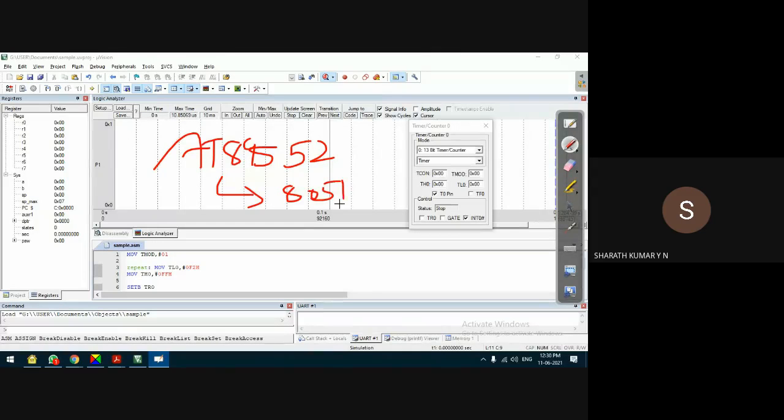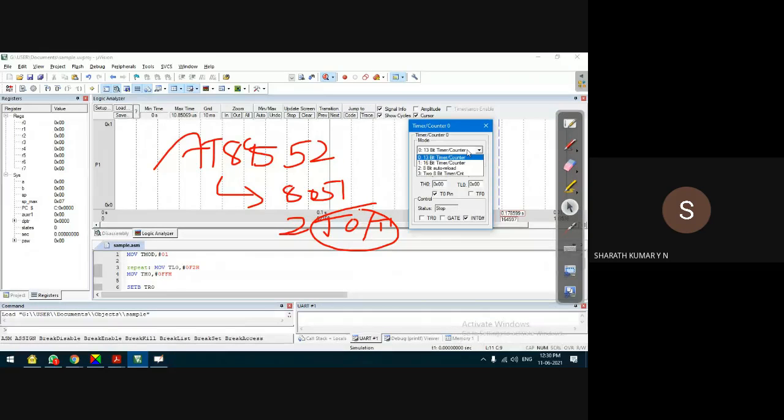In this, there are two timers, timer 0 and timer 1. Each timer has 4 modes of operation. Mode 0 is 13-bit, mode 1 is 16-bit, mode 2 is 8-bit auto reload, and mode 3 is two 8-bit timers or counters. It is actually a split timer. That we'll see later, don't worry about that.